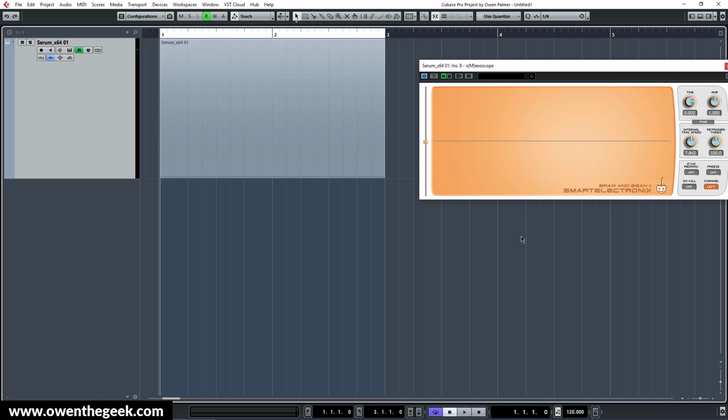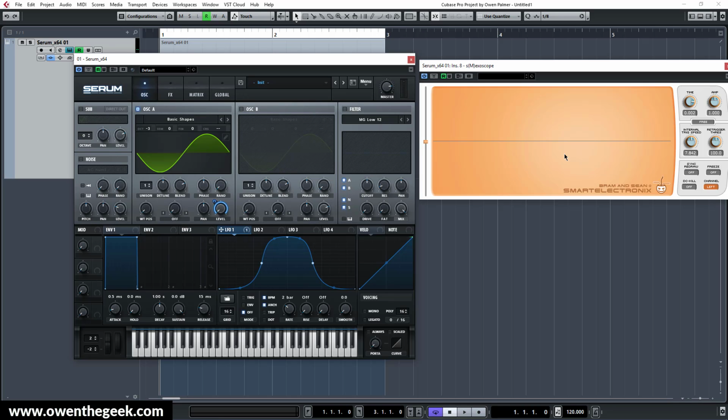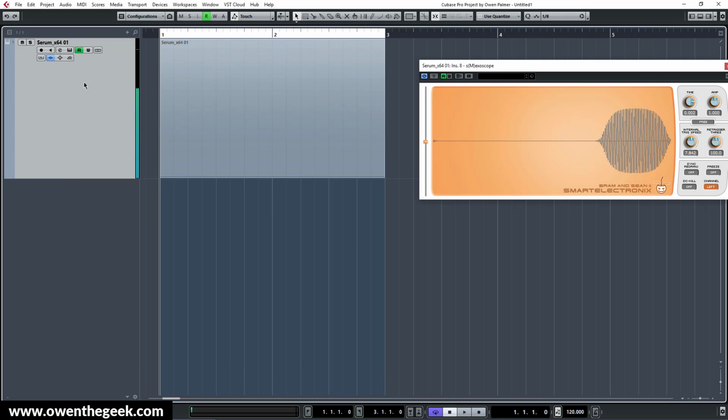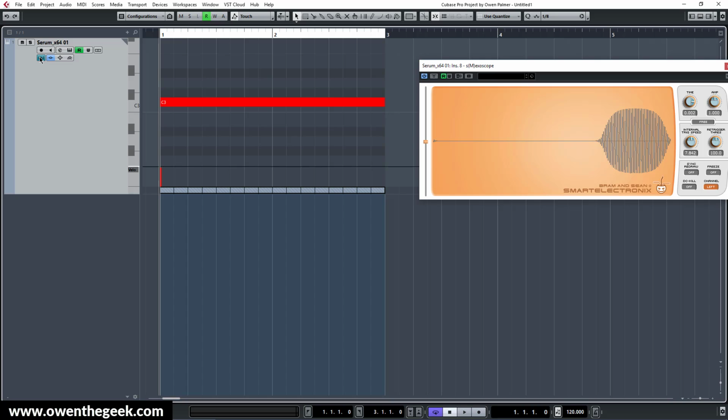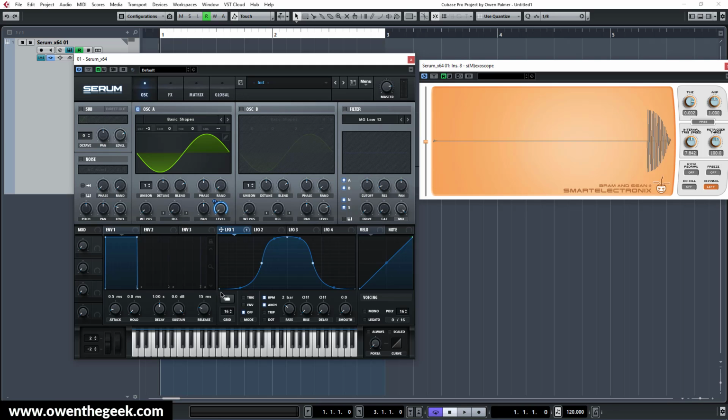So we want to produce a heart waveform on here. This is just an oscilloscope waveform viewer, and I have, to help me, Serum, and all that's happening in this Serum is a sine wave. I've got a note playing in Cubase, and this LFO1 is modulating over the course of that 2 bars the